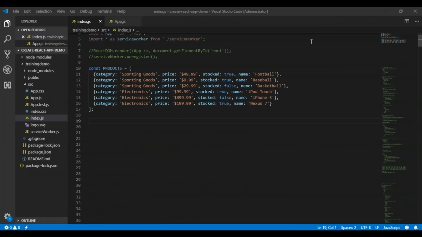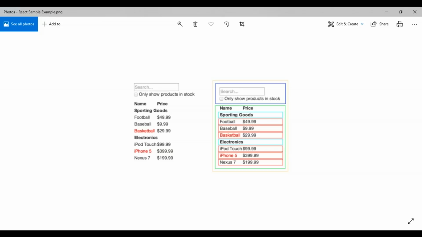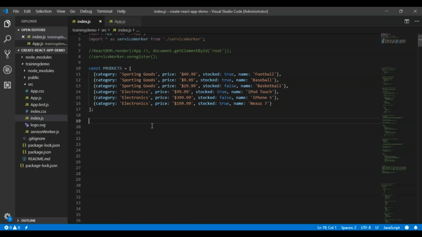Okay, so what we are going to do now is see that search example in this particular demo. In this example, we talked about dividing the complete UI into 5 different components. So let's write those components in the create React app application. For that, I have a dummy data.